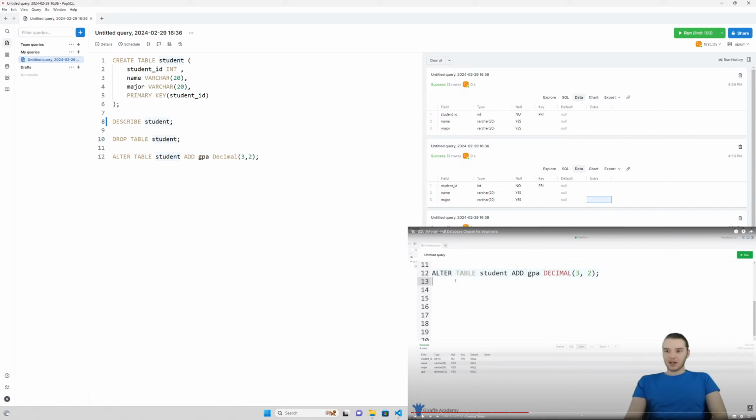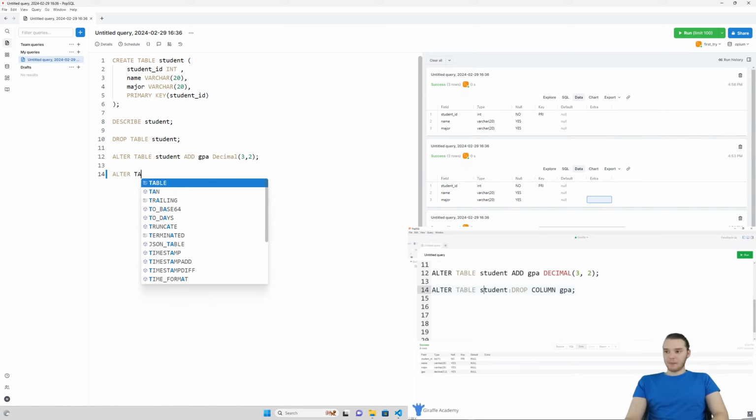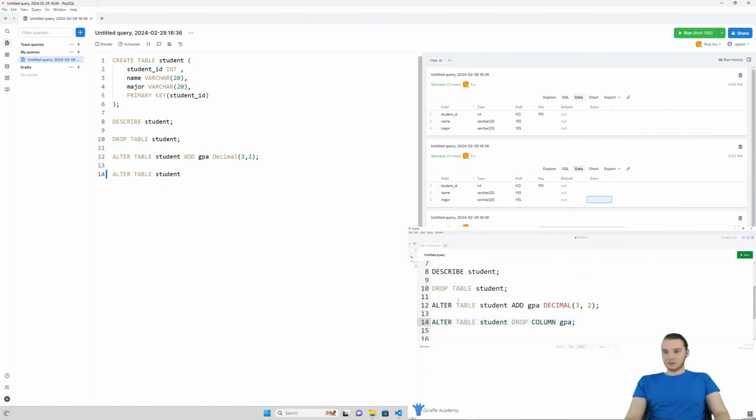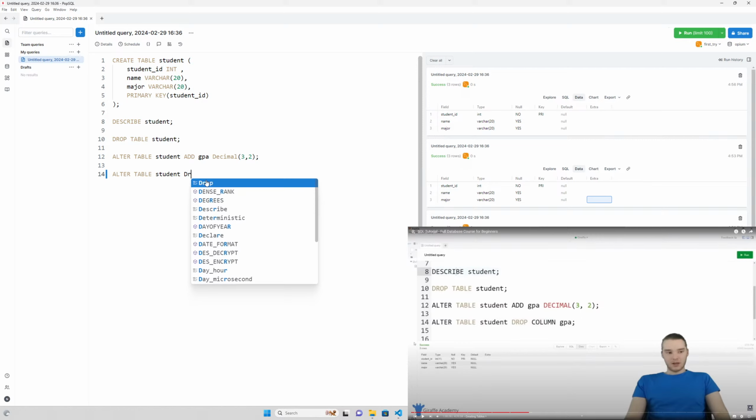Column, so I could say alter table student, and over here I can just say drop column and just type in the name of the column. So what this will do is it'll drop that GPA column from the table. So let's go ahead and run. We get the success message. Now if I describe the table and I click run,